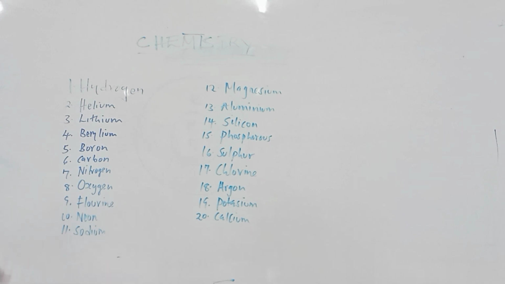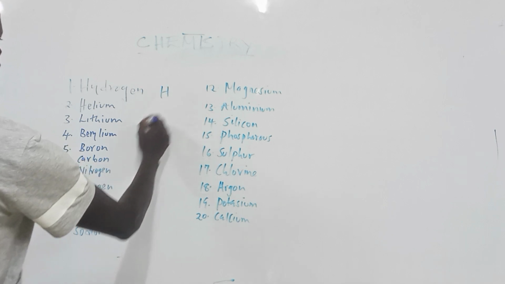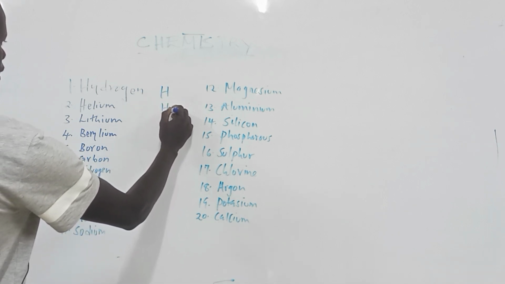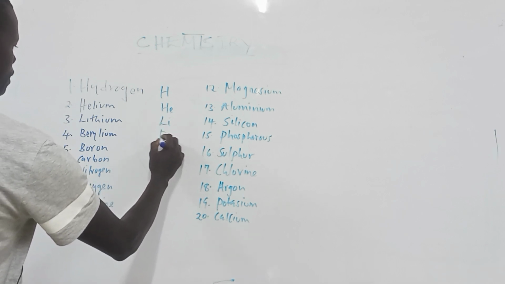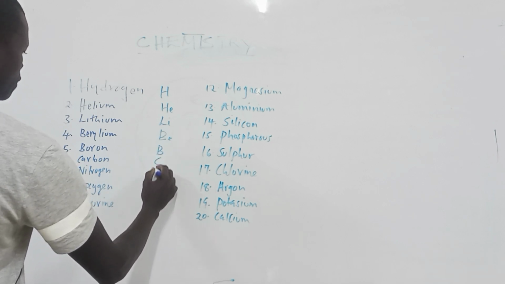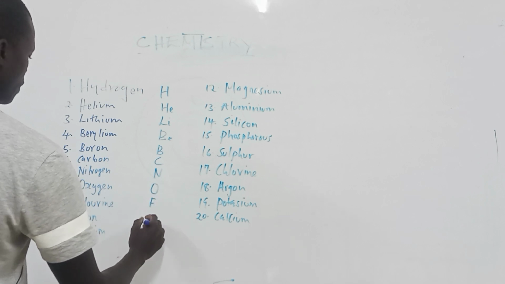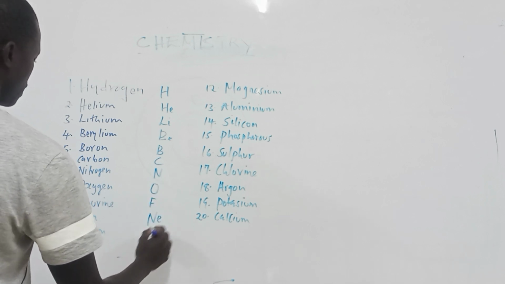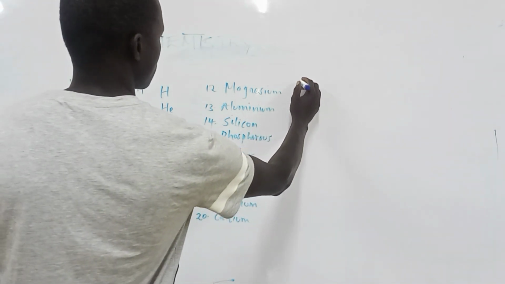So each element has a unique symbol that we use while indicating it in the periodic table. Like for the case of hydrogen, it has capital H, helium is He, lithium is Li, beryllium is Be, boron is B, carbon is C, nitrogen N, oxygen O, fluorine is F, neon is Ne, sodium is Na, magnesium is Mg,